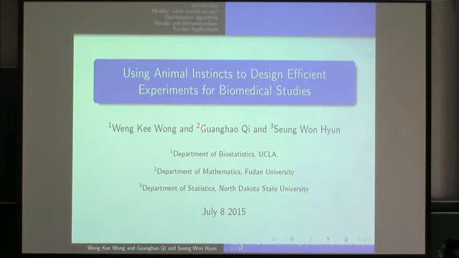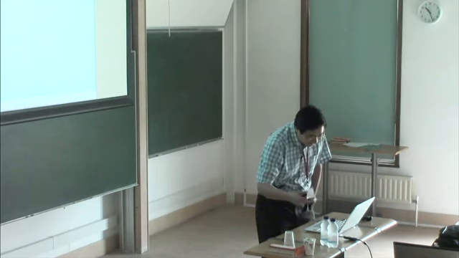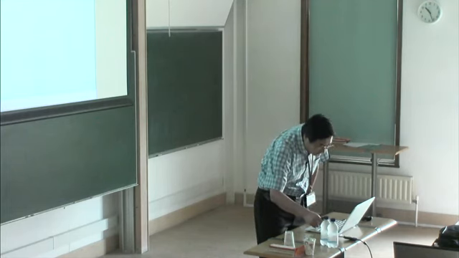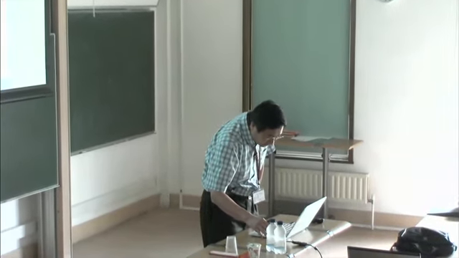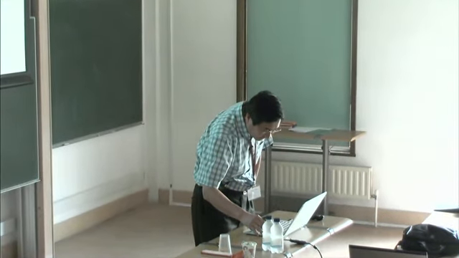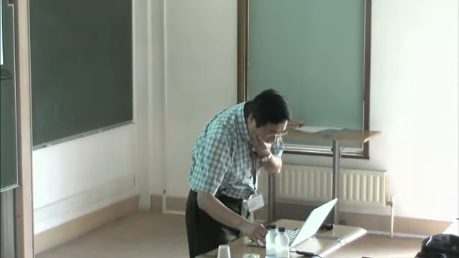So that's the outline of my talk: some introduction, and I was thinking to illustrate the methodology using meta-heuristic algorithms. In fact, it can be applied to any models, but for this audience, I think it's not too difficult. I want to use a model that has been discussed, or I think will be discussed by other people, and that's the Hill model, or the 4PL or 5PL logistic models. That's commonly used. Then I talk about optimization algorithms and demonstration. So what you will see is